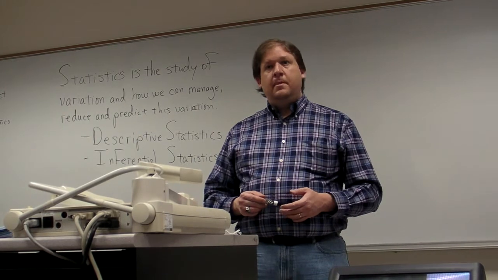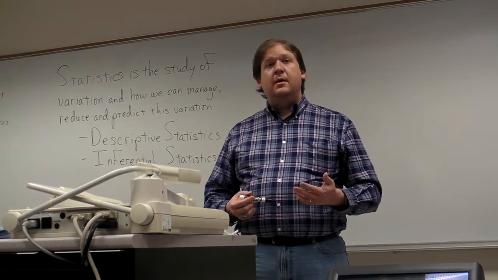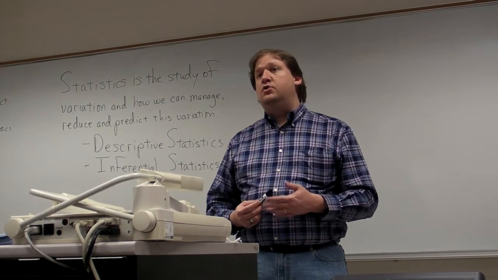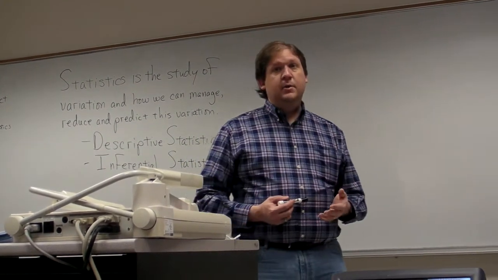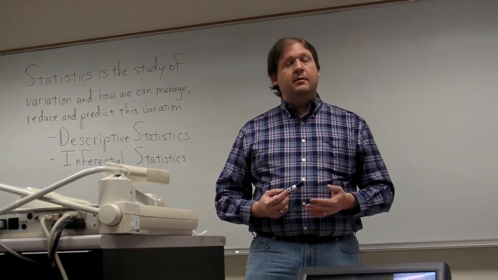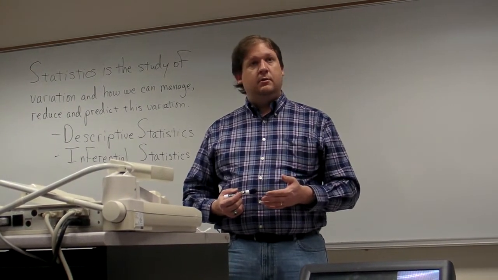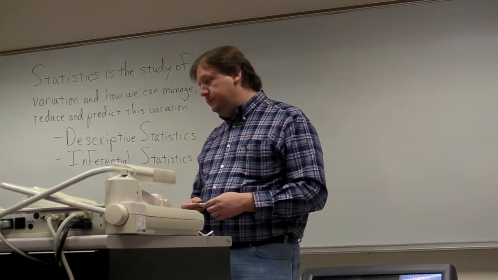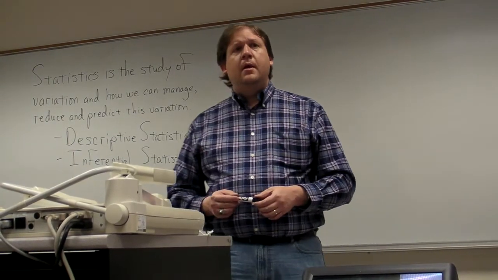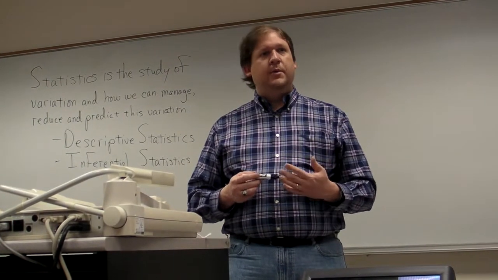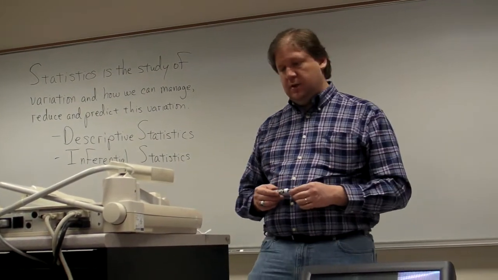320,000. The sample that I get says 300,000. Is that difference of 20,000 due to just randomness of the samples I got, or is it due to the fact that there's actually a difference between the two? And what you want to think about is coin flips. I'm going to come back to coin flips quite a bit because everyone understands them.